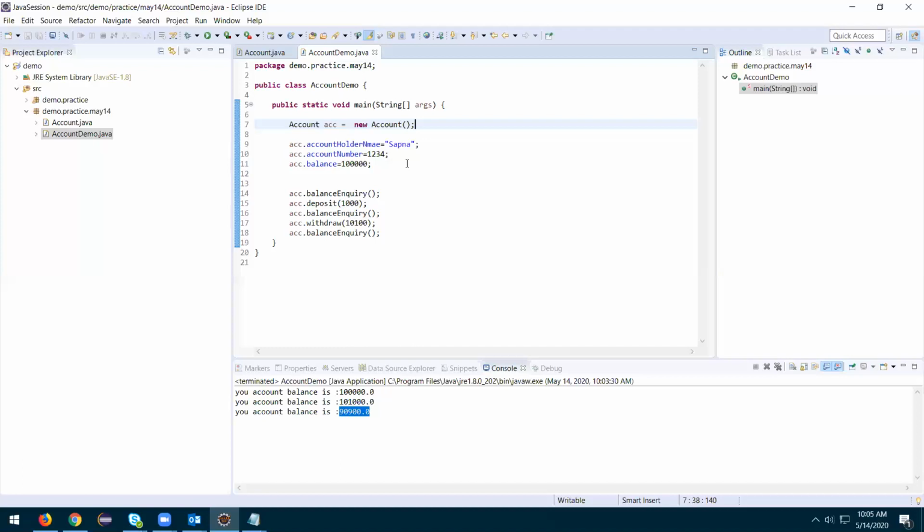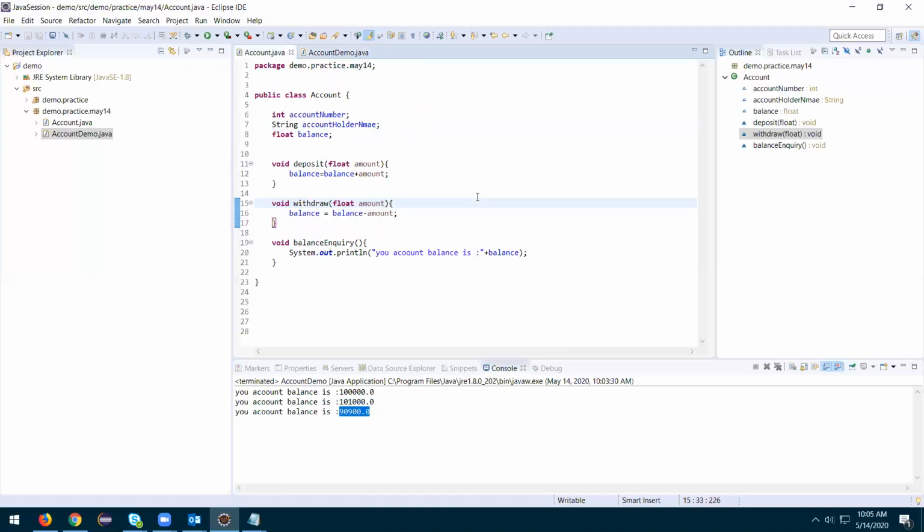Here, I'll talk mythologically. I'll try to explain with something different. We have an account object, you all know about.